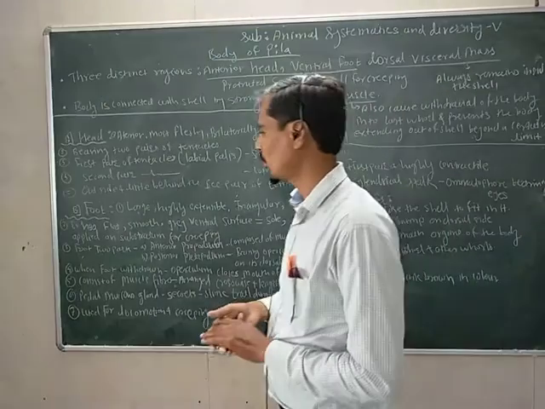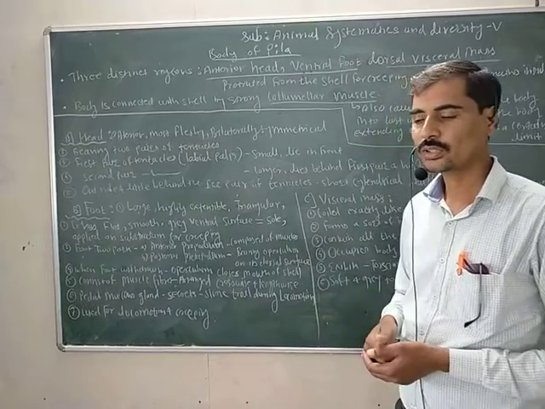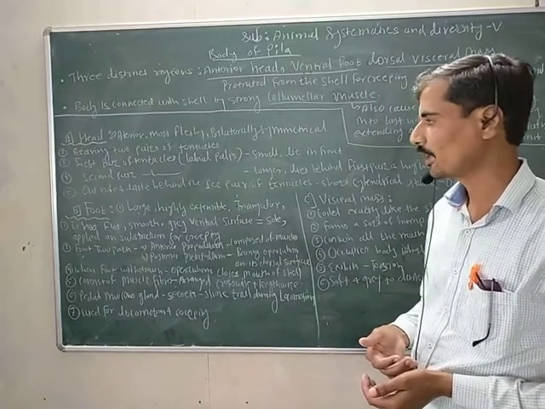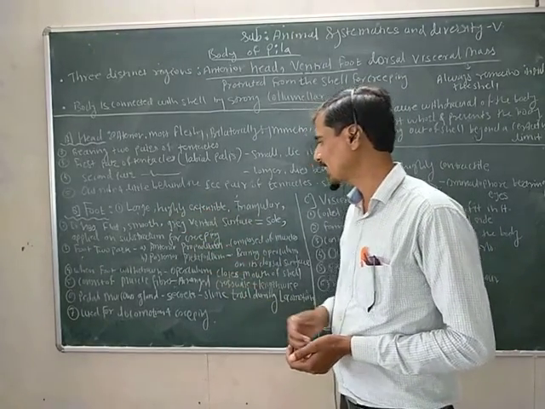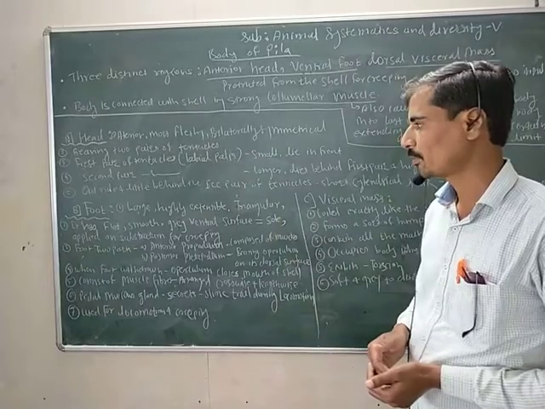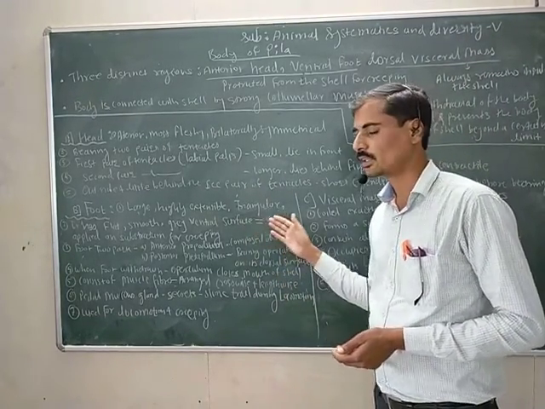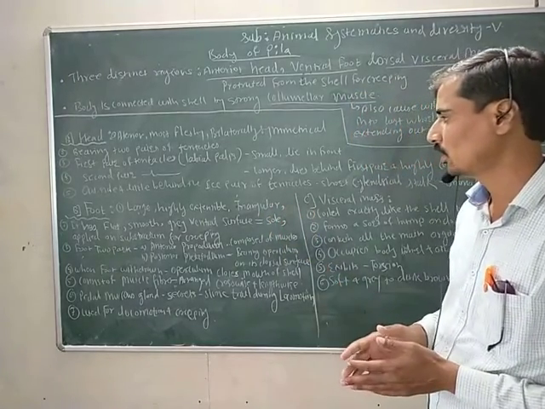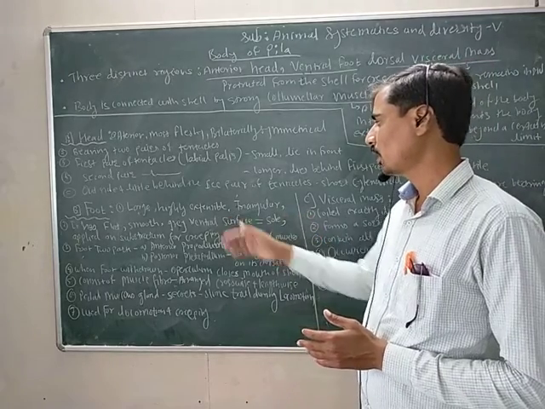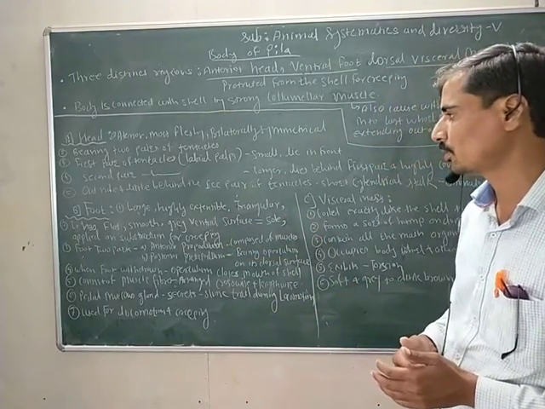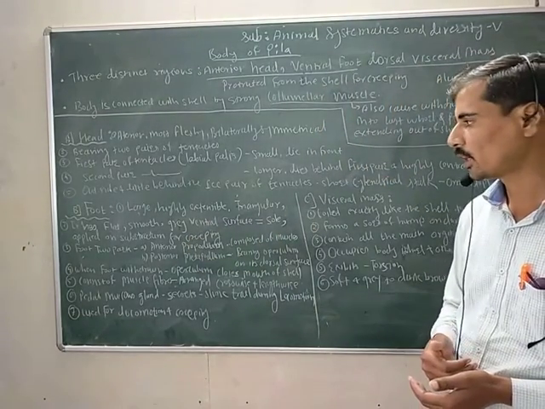The second part of the body is the foot. The ventral part of the body is modified into the locomotory organ called the ventral foot. It is larger in size, highly extensible, and triangular in shape. It has a flat, smooth, grey ventral surface called the sole. If we see the foot, the sole of the foot is grey, flat and smooth. The sole is applied on the substratum for creeping activity.